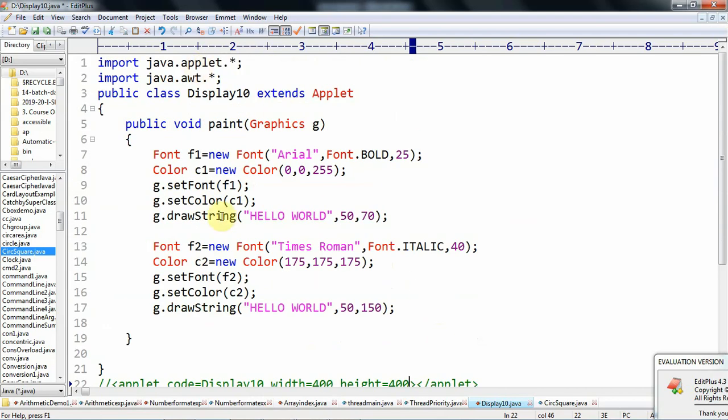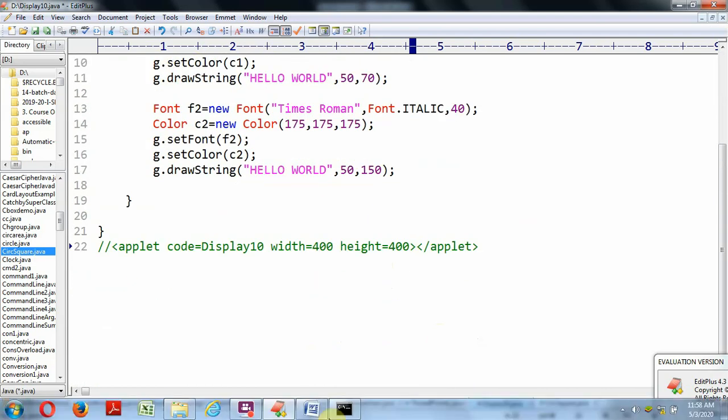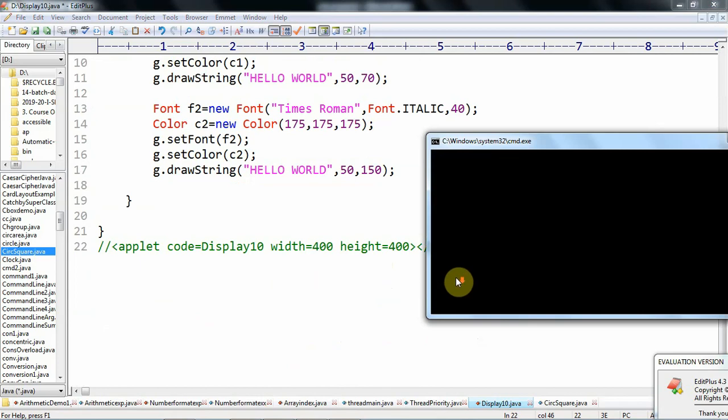Then we go to running or executing. So first we need to compile.